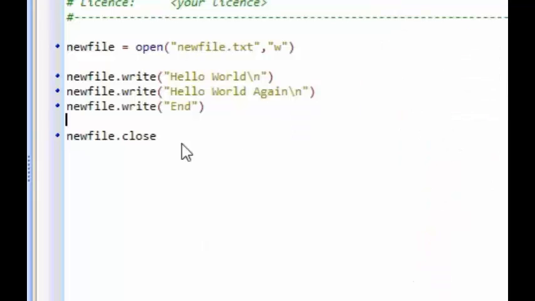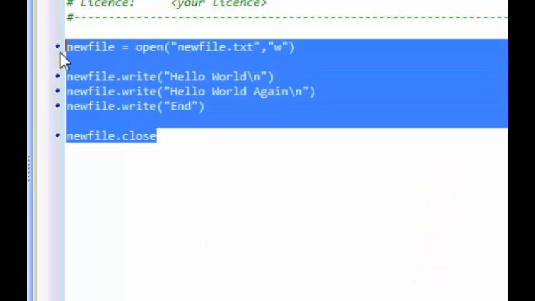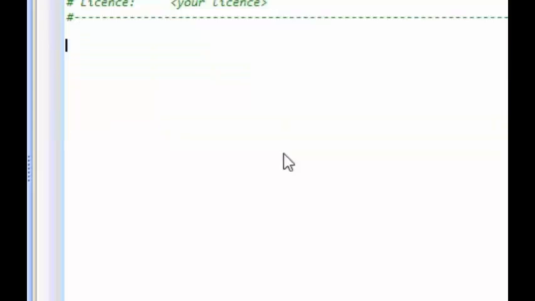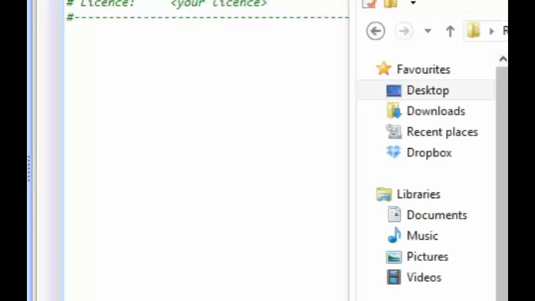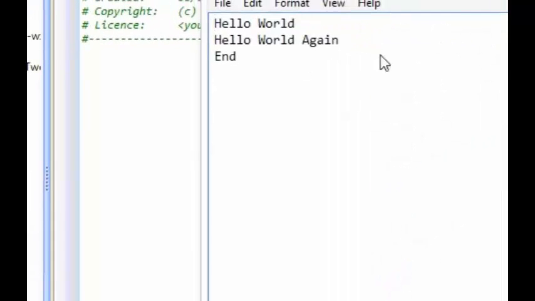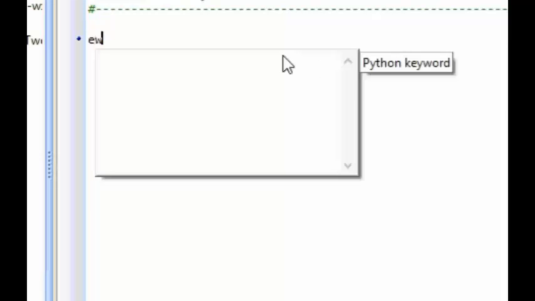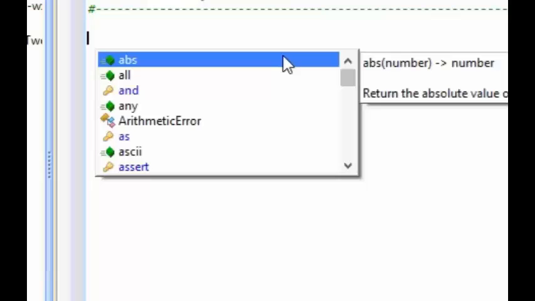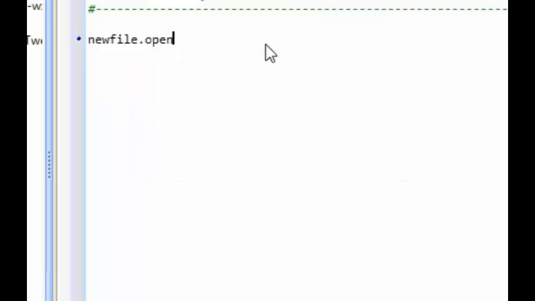Okay, next thing I'm going to do is show you how you can actually read from a text file into a program. So as you can see, I've got no lines of code in my Python program, yet I've still got this new file that I've just created, and there's 3 lines of code in it. So if I want to actually read this, what I'm going to do is write in new file equals open,